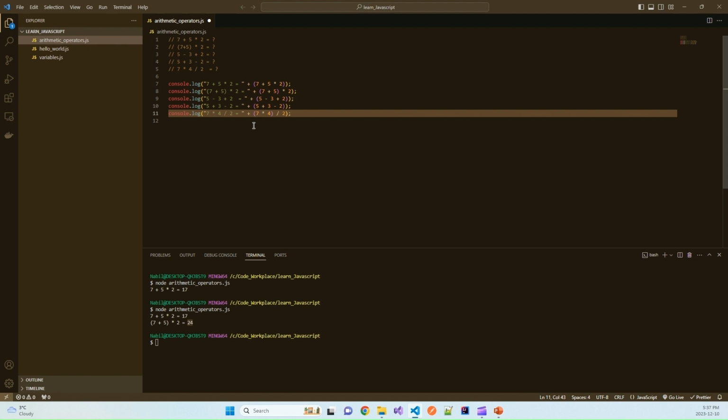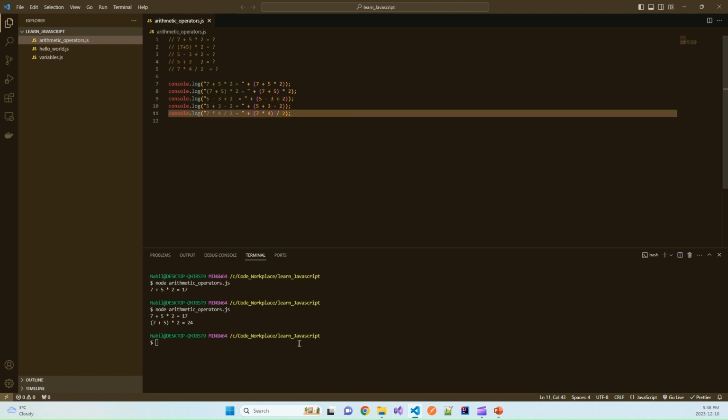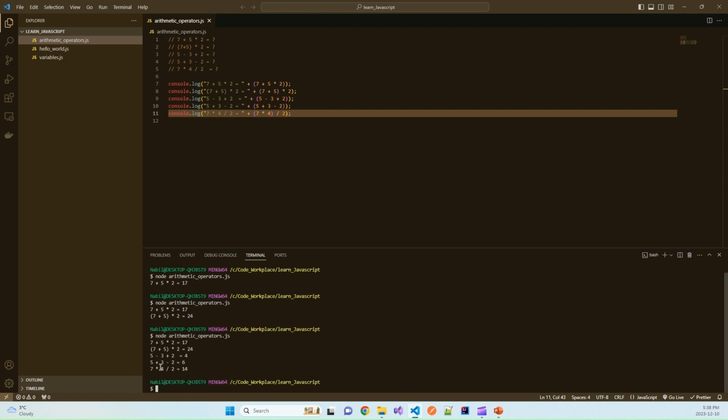All right, now let me type all expressions one time. Okay, I'm done typing. Now let's see the third example. 5 minus 3 plus 2. Now we have the same level of precedence for operations, subtraction and addition. Let's run the code. Don't forget always to save it. Node. Okay, now as you see, 5 minus 3 plus 2